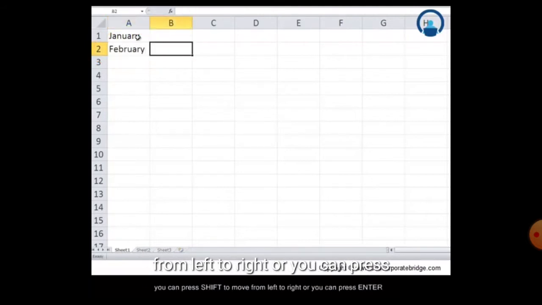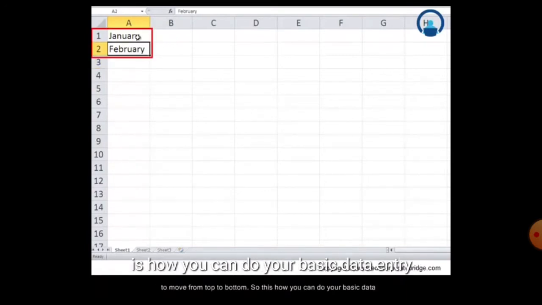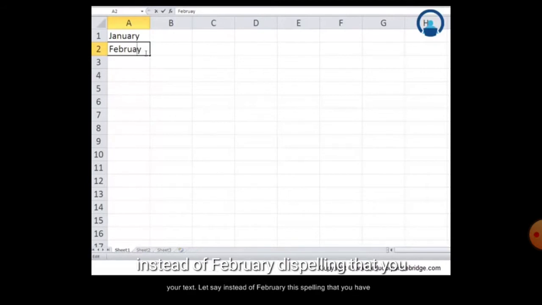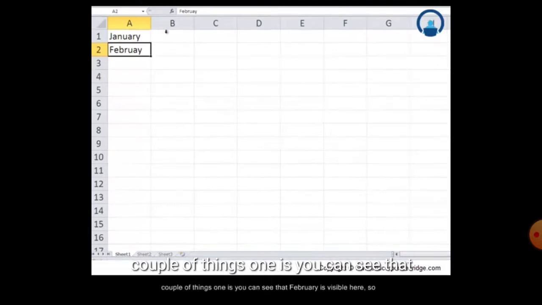So we write February here and press Enter, so we go downward, and as you can see, it is February. If there is a mistake in that text, you can double click on it, or you can use F2 for making the correction in that cell.